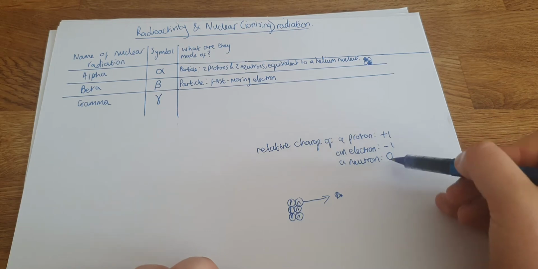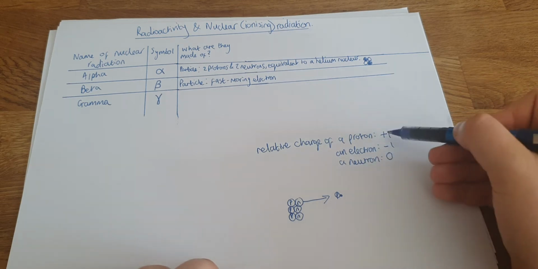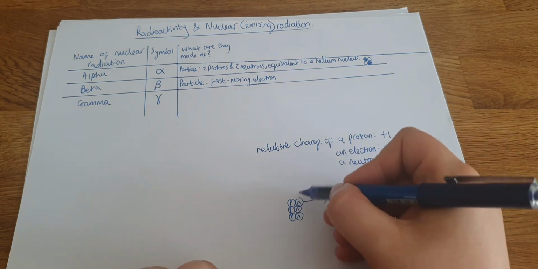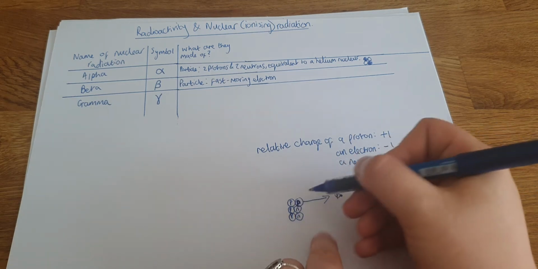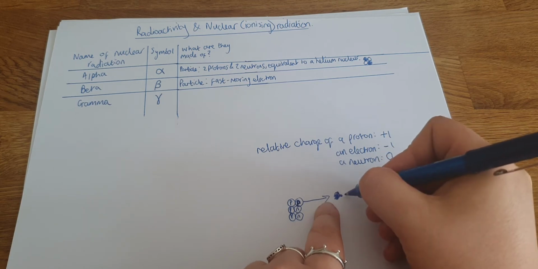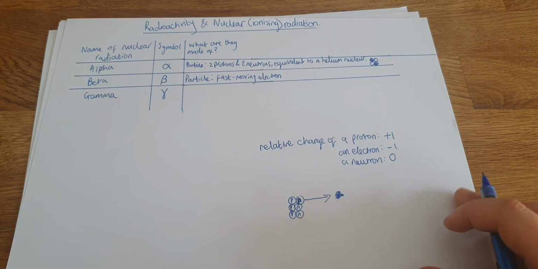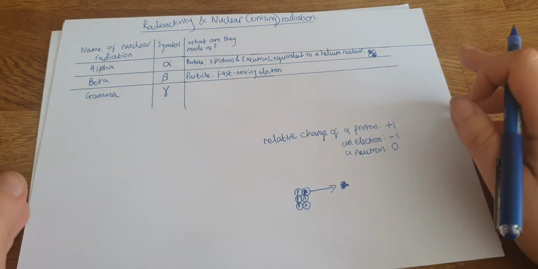Because if I have the charge of that neutron is 0, the net charge will still be 0 if it changes into a proton and an electron, because the +1 will cancel out with a -1. Now the proton will stay in the nucleus. The new proton is no longer a neutron, so that's turned into a proton, and the electron is fired from the nucleus, as you can see. So that's kind of what happens. That's a little bit more complicated, but in case you are wondering how we've got an electron being emitted from the nucleus, well, that's the reason why. So fast moving